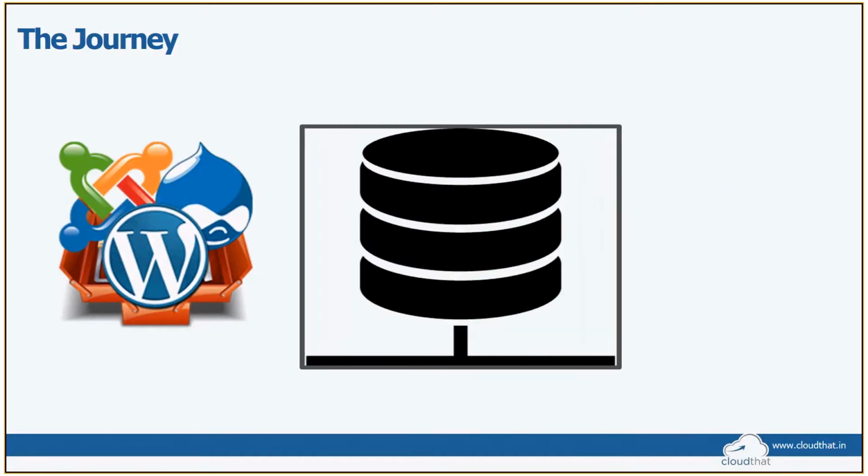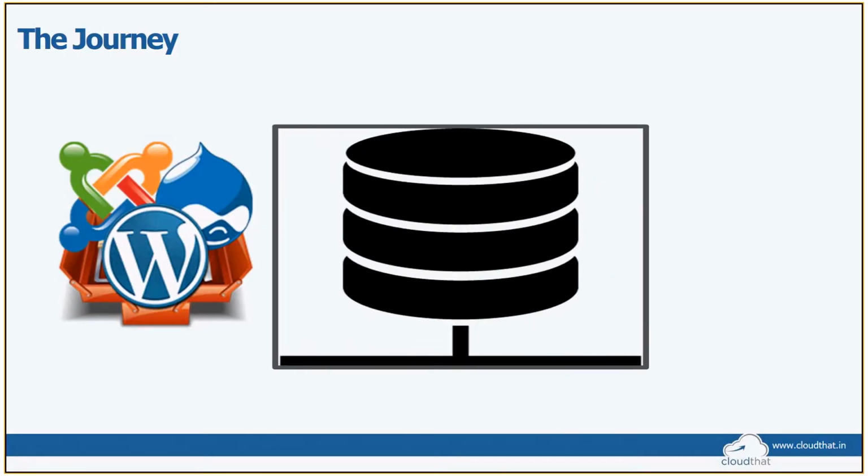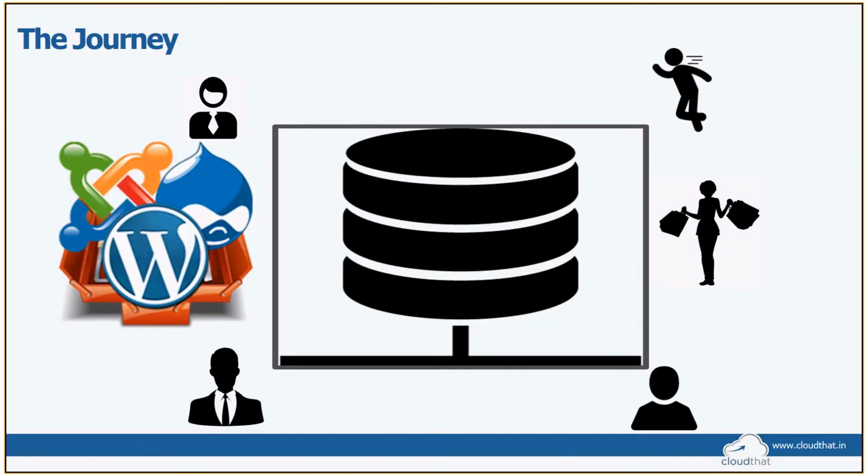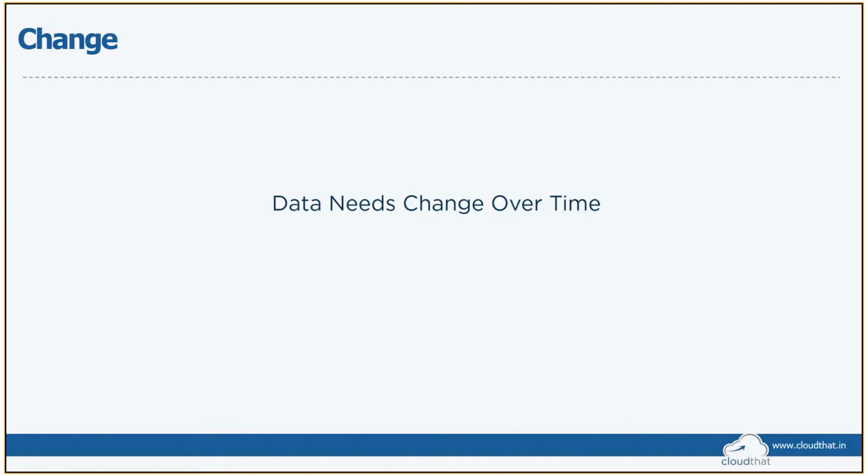Along with the improvements, the database sizes started increasing because of the kind of users. If you look at a simple e-commerce application, along with administrators, you have normal consumers who are actually using the application. And depending on the type of the application, there are different types of consumers. And once the social boom started, there is no limit to the kind of data that comes into the database, and then databases started facing issues. If you look at the kind of unstructured data that comes into social applications, that is where databases start facing performance issues. So what the industry has understood is that data needs change over time.